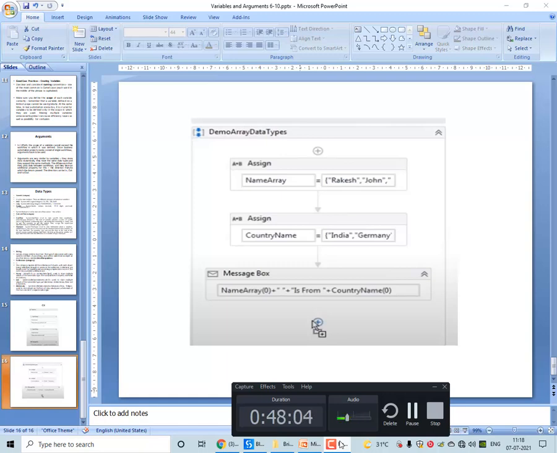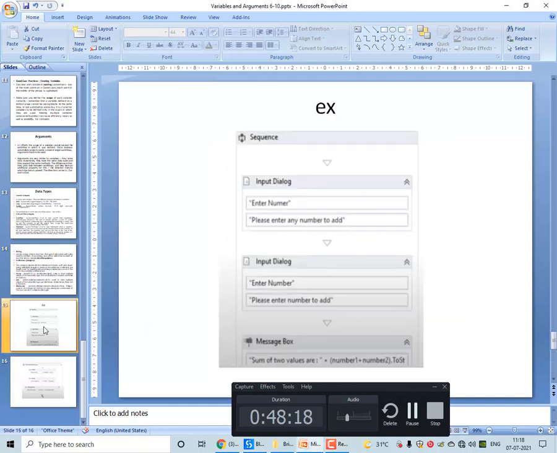To move from one workflow to another workflow.